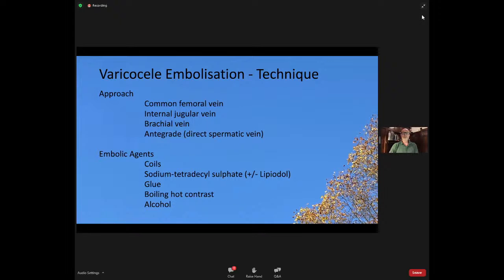Again, you can get quite animated debates around the embolic agent that people choose. Coils, again, traditionally the most common. Foam sclerotherapy, I would say increasingly used, and certainly in our center. I think the lower three have been tried and published, but I wouldn't see those as being embolic agents that we would consider appropriate for varicocele embolization.